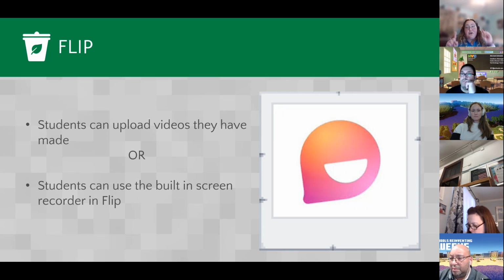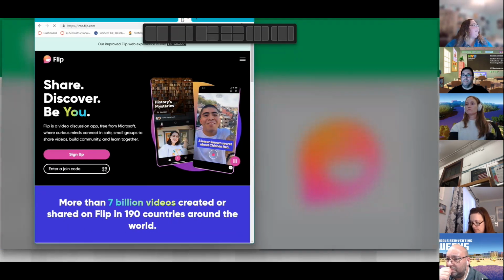Flip has 2 choices for how your students can submit. You can go directly into that Flip and record using the screen recording feature in Flip. No editing, nothing needed. I can just go in and I can screen record from there. I'm going to show you a little bit of that, but I do know that Flip does not love to share bandwidth with all of the camera use that we have going on here. So it's going to look a little different, but when we go into Flip,